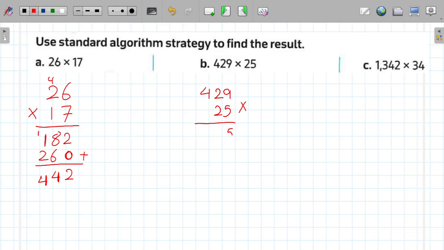So I will write 5 and carry up 4. Next, I have 5 times 2 equals 10, and 10 plus 4 equals 14. So I will write 4 and carry up 1. 5 times 4 equals 20, and 20 plus 1 equals 21. So the first result will be